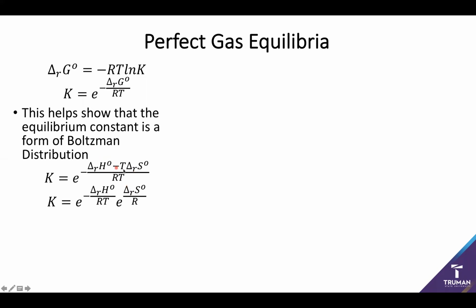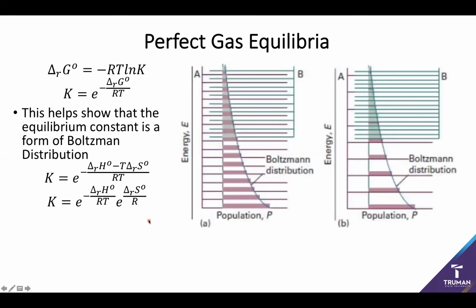So we can then go ahead and use our exponential laws to go ahead and split this term in half. And we're going to end up with an entropy term where the temperature expressions end up annihilating. And when we do this, we can essentially try and evaluate what this more looks like on kind of a statistical distribution. So let's say that I've got this population mixture A, where I have